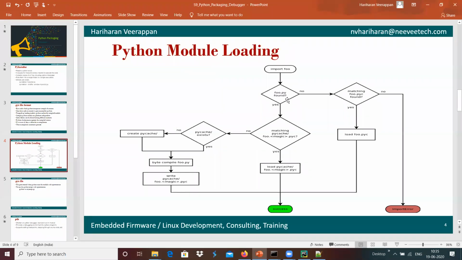If that .py is present, it goes forward and checks whether it has the PyCache folder, and inside that whether any .pyc file is present or not. If it is there, it is loaded. If it does not exist, it creates a PyCache folder.